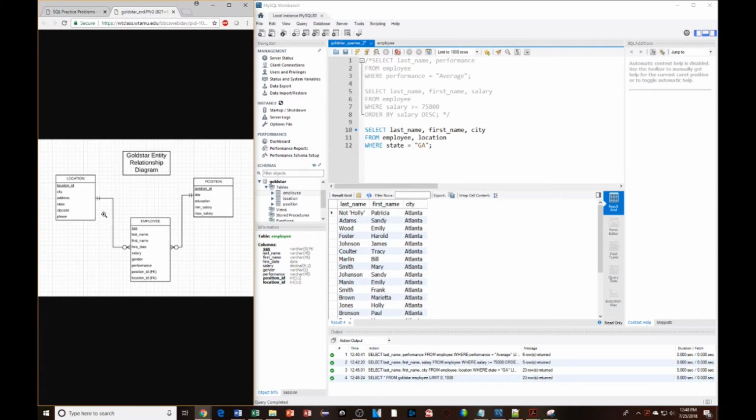What it should have been told is, well, check the location table. What is the location ID of the state of Georgia? Then when I go to the employee table, just pull the employee information where that foreign key has the value of this primary key over here. In order to let